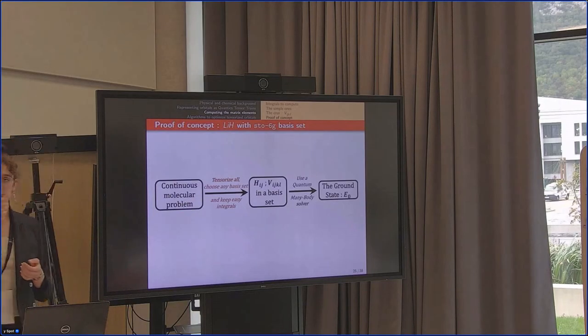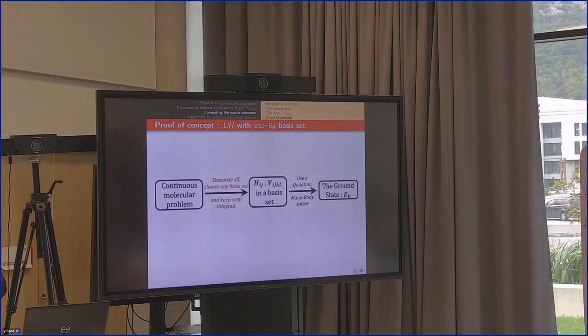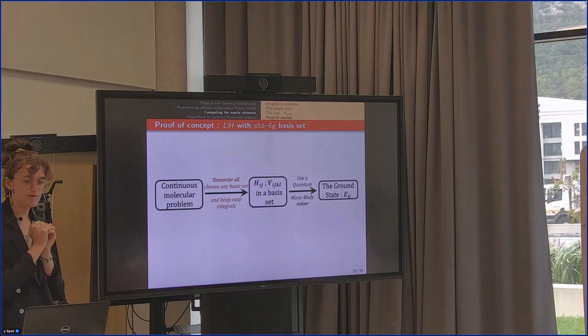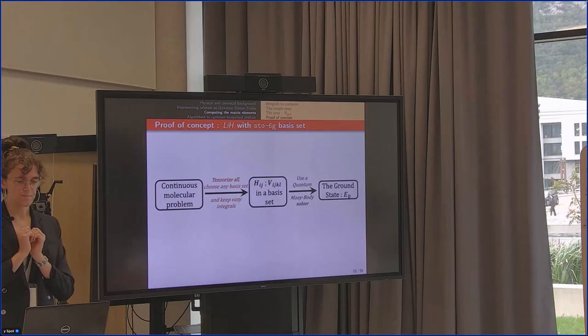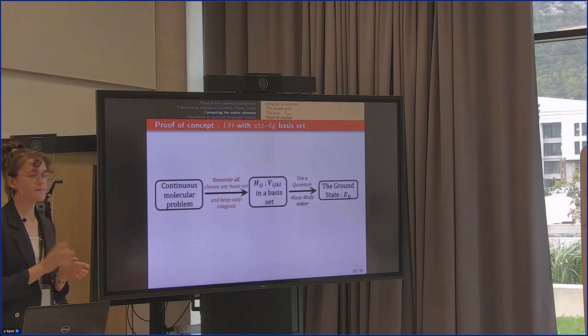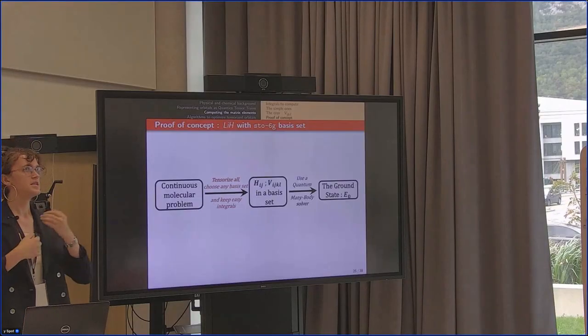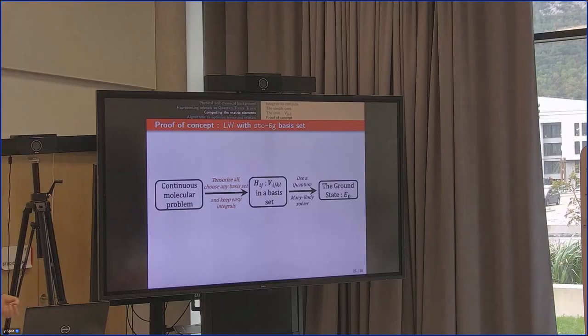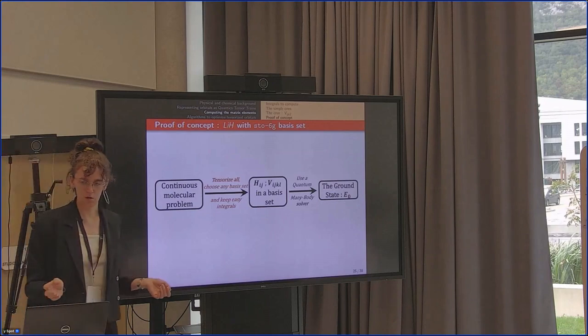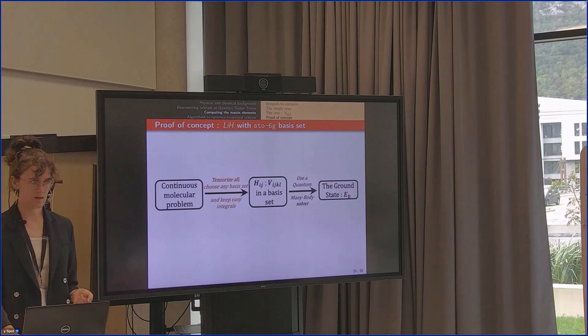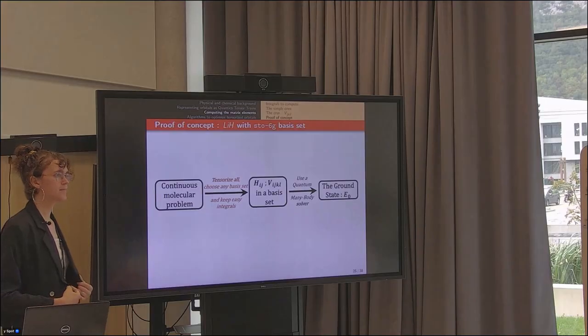In practice, the solver we use is called CCSD(T), but it really doesn't matter here. What we focus on is the discretization part. Maybe the only thing you can remember from the solver part is that it scales as m to the 7, which means that we really want to keep m low, because if m grows too much, then the solver part gets out of hand. Make sure you're still using the standard chemistry basis set for this computation here.